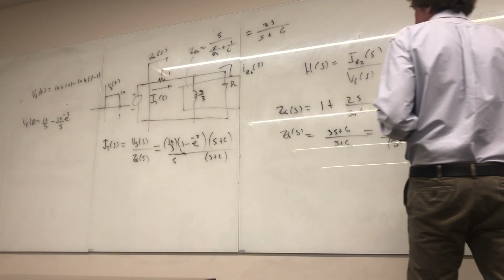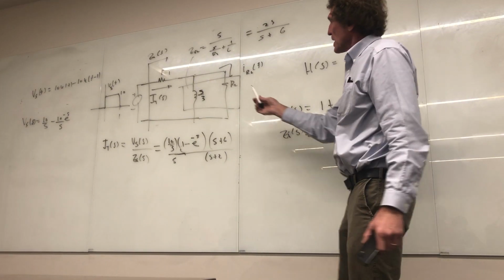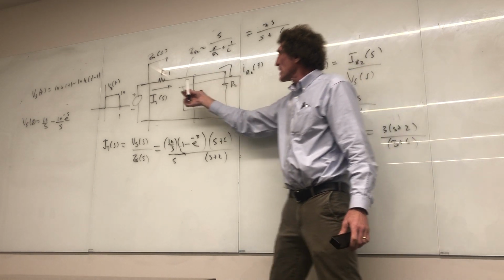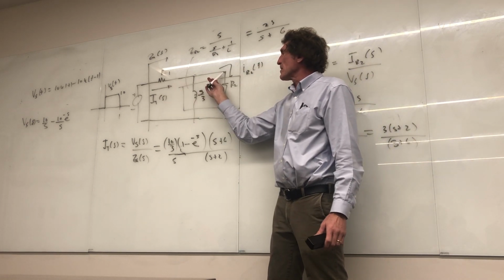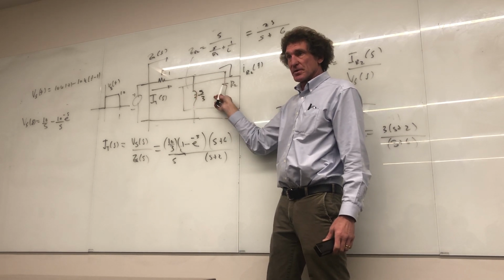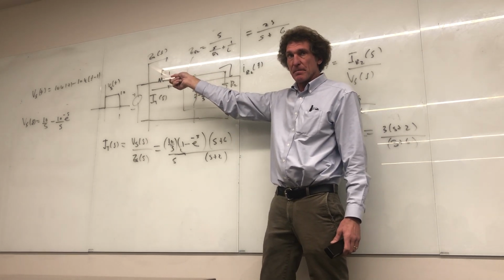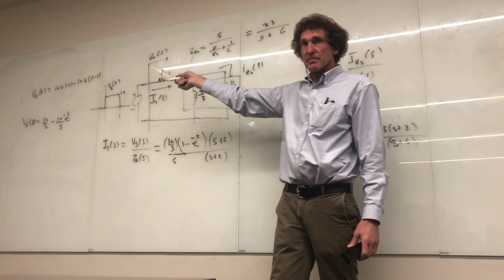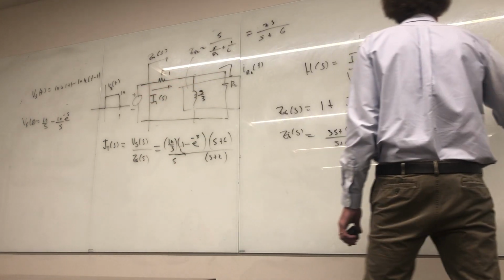Now, if we do current division, I'll slow down here. If I want the current here and I have the net current coming into the pair in here, these two, then I take the opposite impedance over the sum of the two times the incoming current. Do you agree with that? Do you all remember current division? All right, so I'm going to say now my